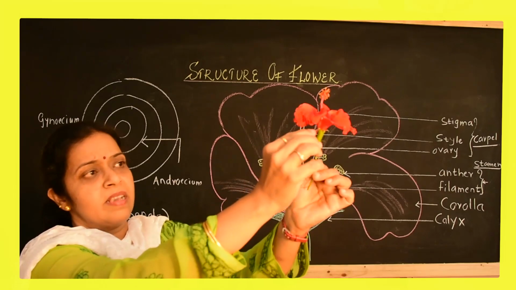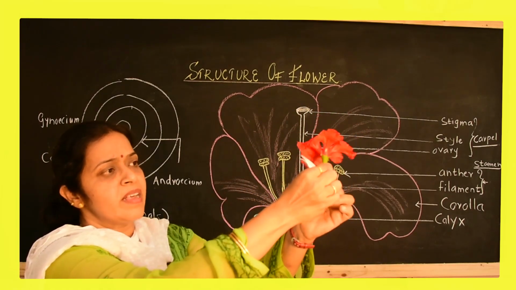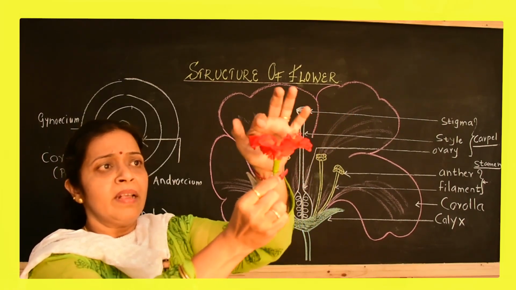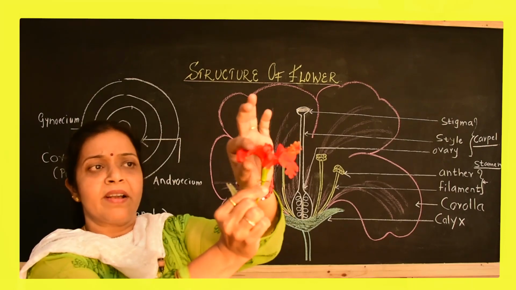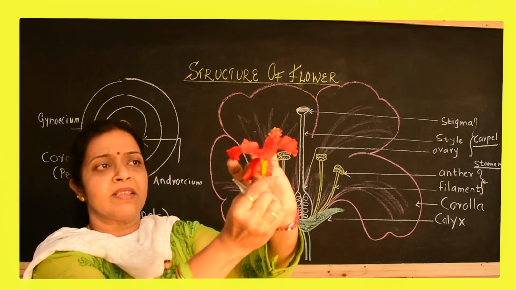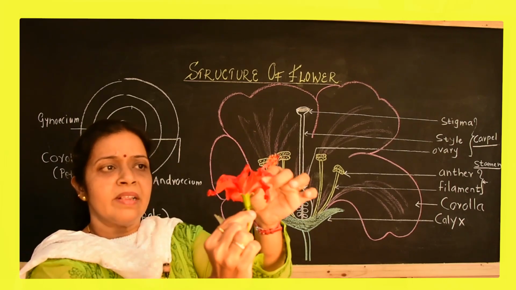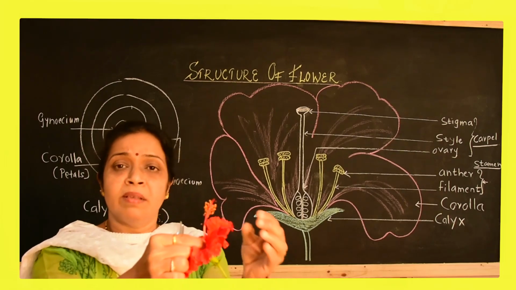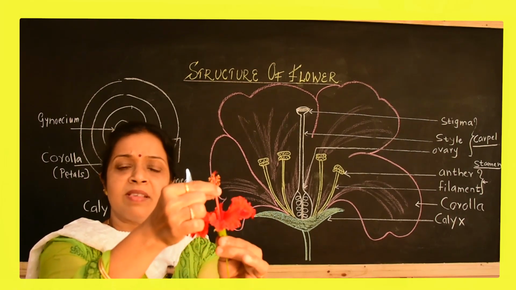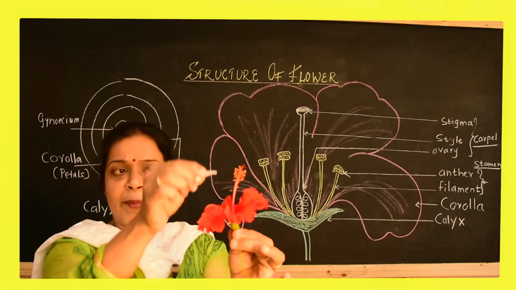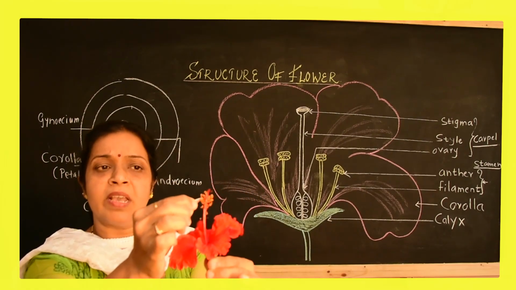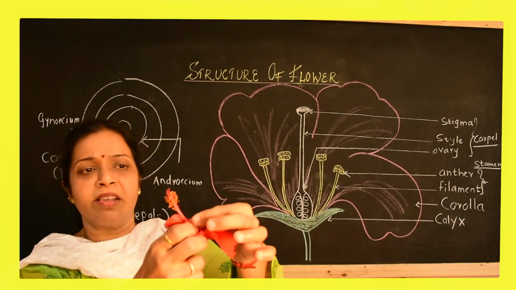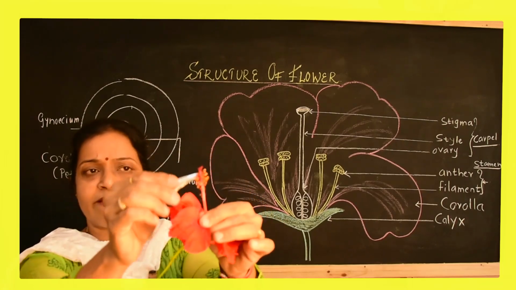You can see this green color calyx, and these are the sepals which are seen here of this calyx. Then inside that is a bright red color corolla. These are the petals of corolla. Then next to that, the inner whorl, that is the androecium. In case of hibiscus, the androecium forms a slender tube and then at the periphery of the tube we are able to see the stamens present. So these are the stamens which are present here. This is a tubular androecium showing the stamens here.